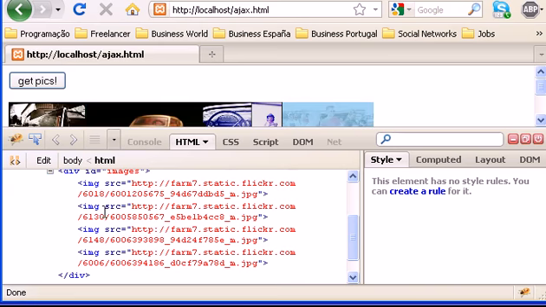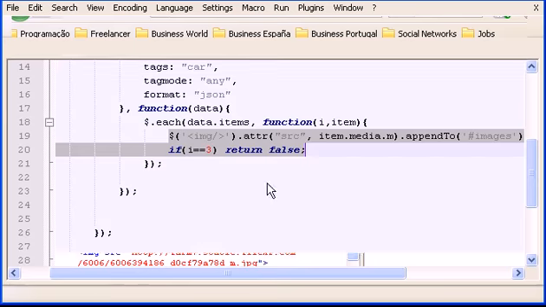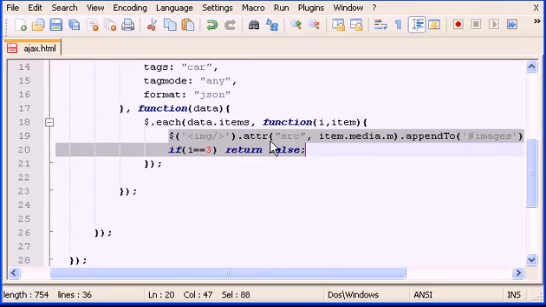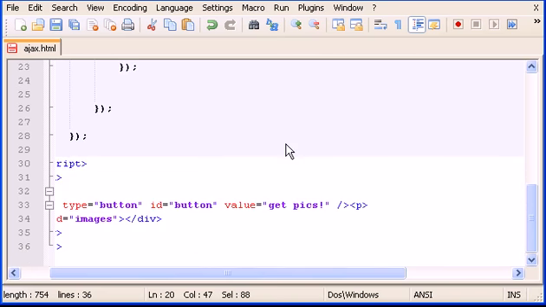Okay, you see? So basically we can grab whatever tag we want with jQuery code, and create a tag and attributes and whatever you want, and basically from scratch create a new web page or change a web page to whatever new tags we want to put in there. Okay, so